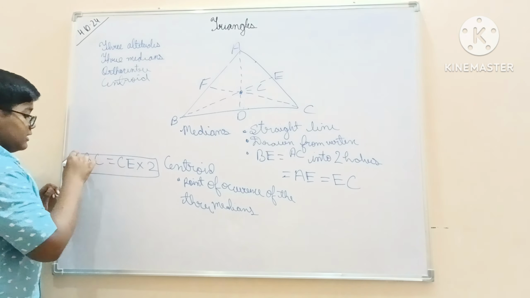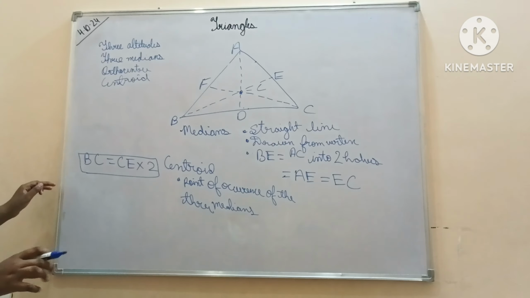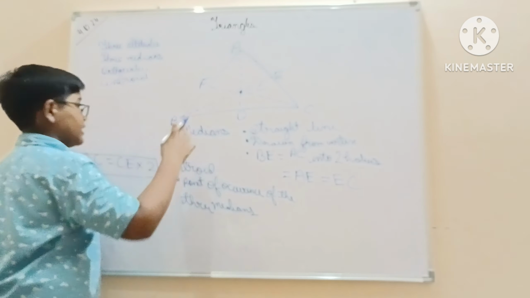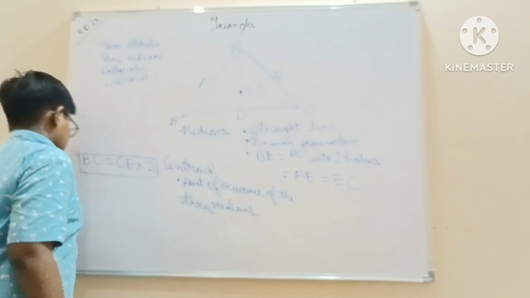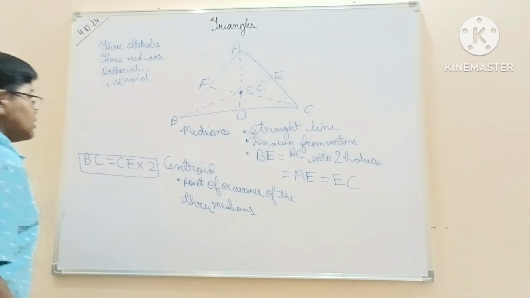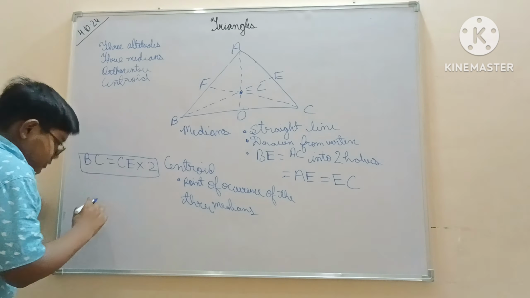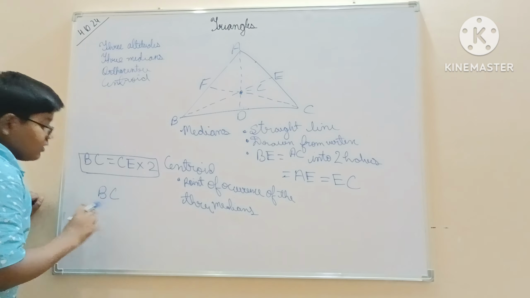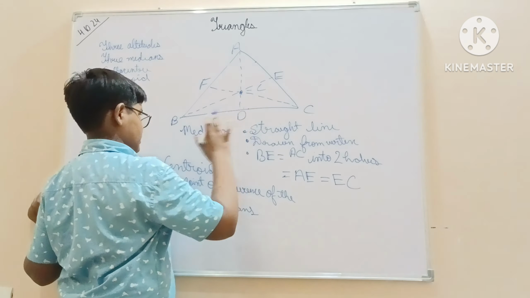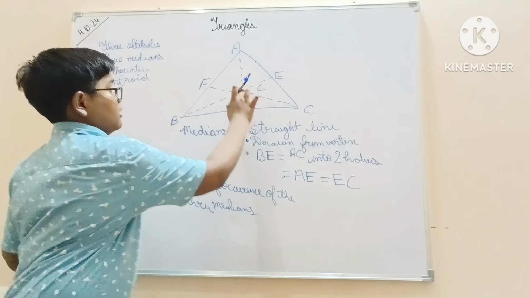This is a rule of the medians: if a median intersects at a point, the centroid, then the line drawn from the vertex to the intersecting point, which is B to C,